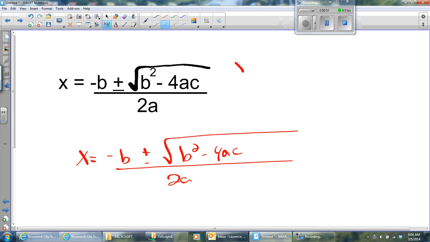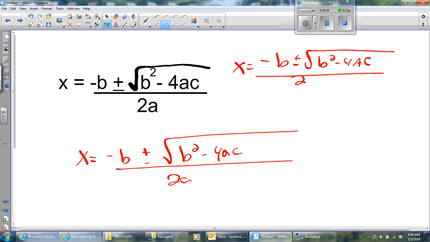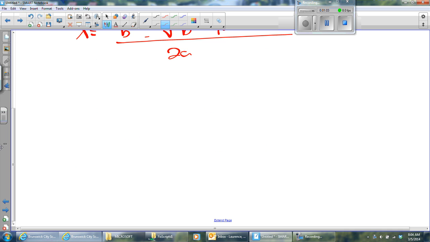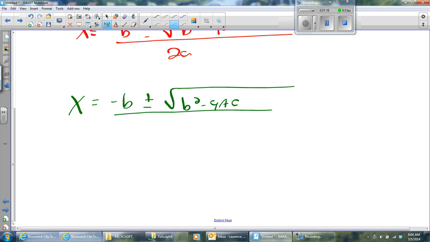One more time. X equals negative b plus or minus the square root of b squared minus 4ac all over 2a. If you get this down, what's that, Andrew? Sure, we can sing it one more time. Okay, here we go. You might want to try to write it as you sing it. It'll help you remember. X equals negative b plus or minus the square root of b squared minus 4ac all over